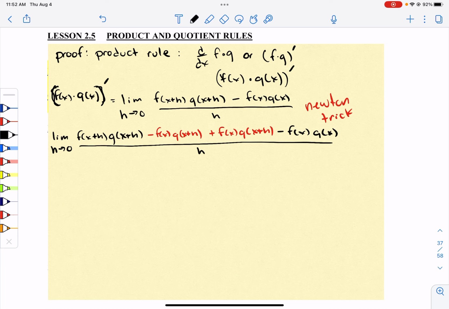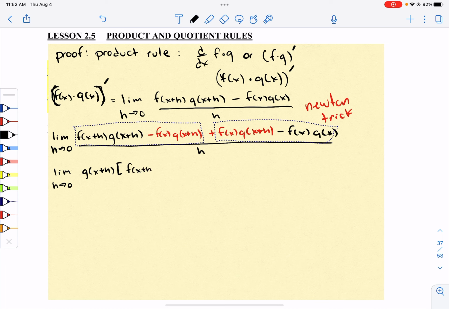All right, here's what I would like to do. I want to look at this piece right here and this piece right here kind of separately. If you notice, in the first one, both of those terms have a g of x plus h. So I'm going to rewrite this, the limit as h goes to 0. I'm going to take that g of x plus h and factor it out. So I'm left with an f of x plus h minus an f of x. Are you all right with that? I just factored it out